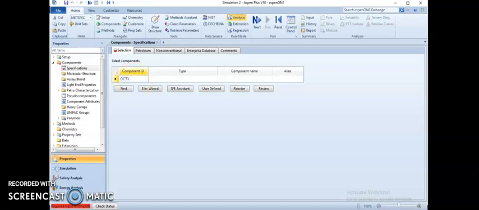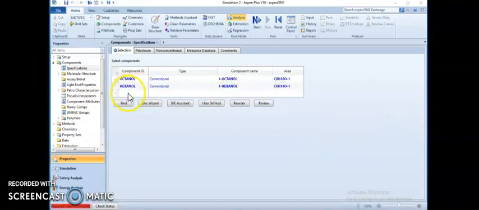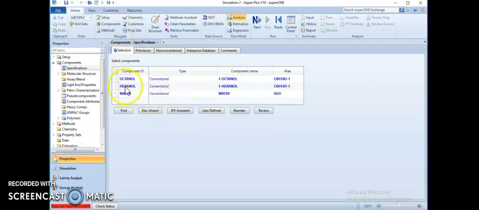The first one is the octanol, and the second component is the hexanol, and so we have the third component, water. We can click on the Next button, or we can directly go to the